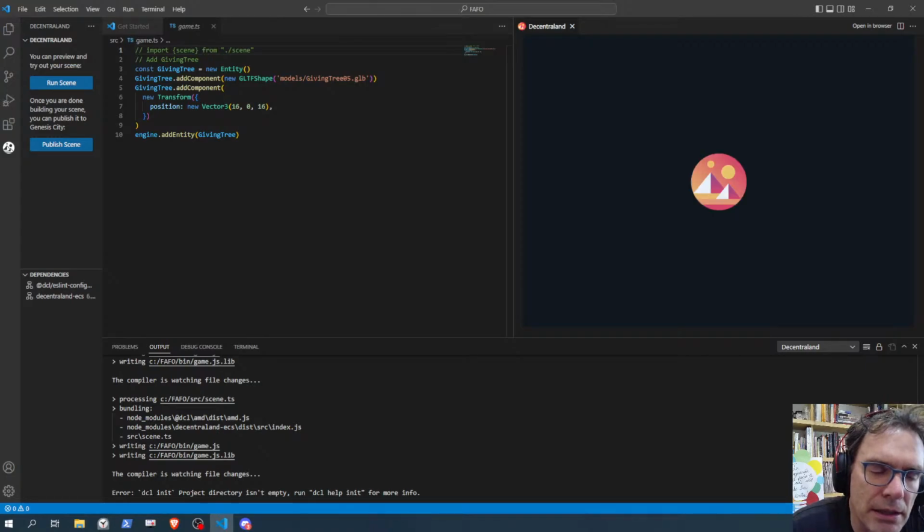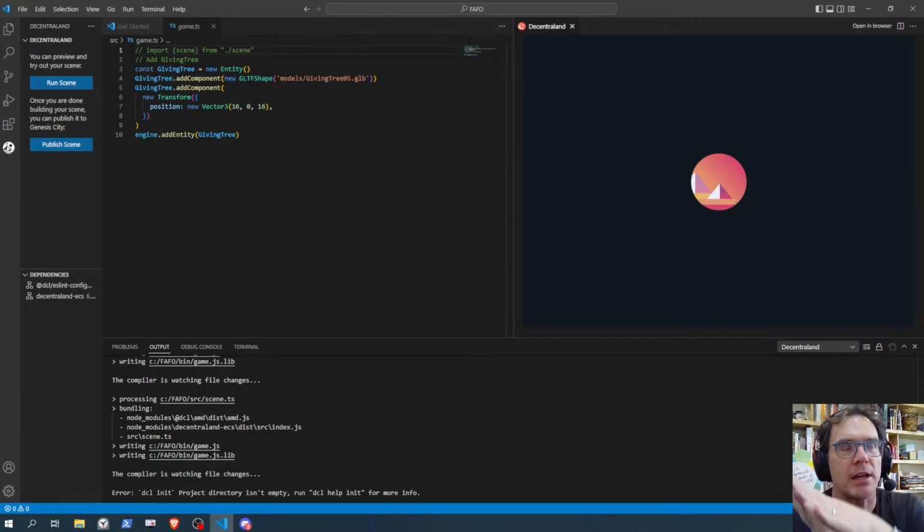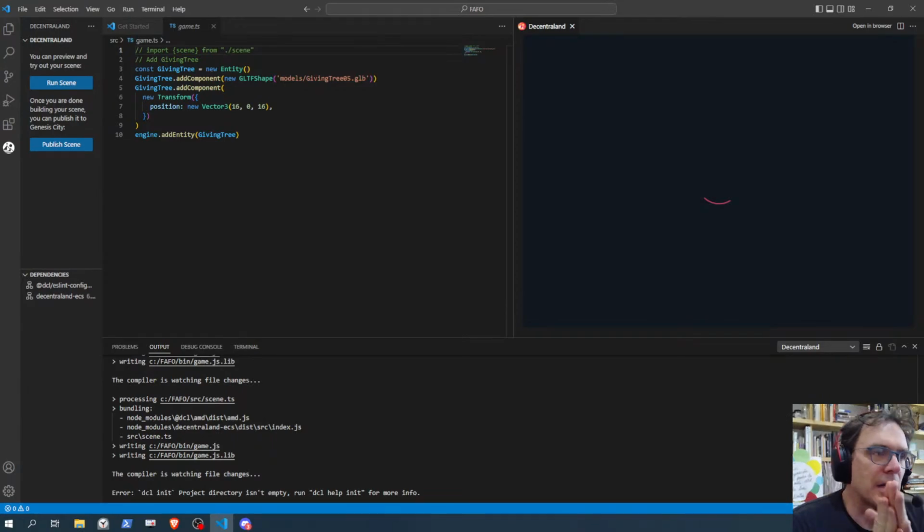In DCL Editor, which is like a standalone, you have to start that through the CLI, the command line interface.